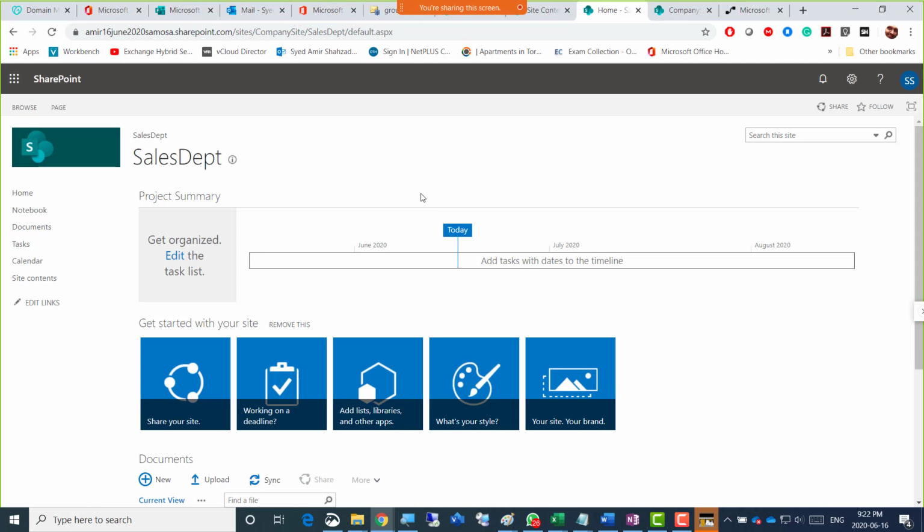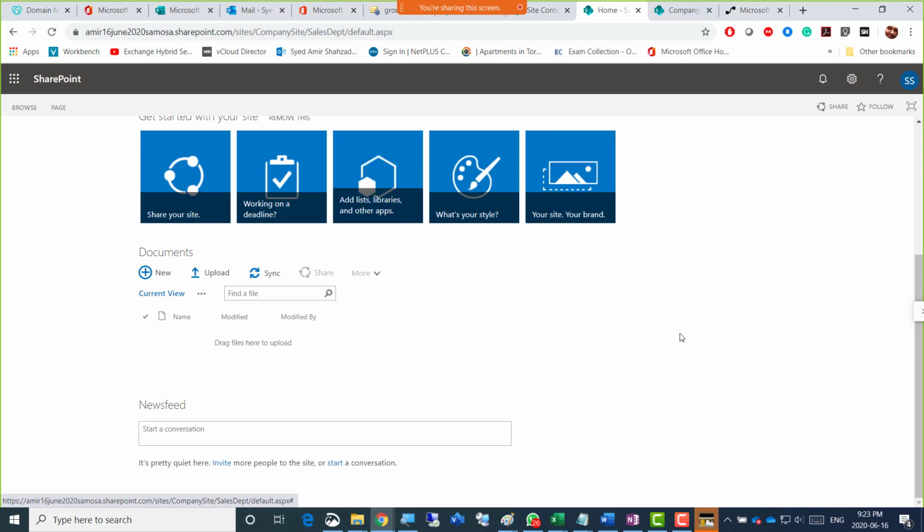Okay, so the template shows like that, and this is the subsite that we have created for the sales department, and you can see that there is a link for this subsite added here. This does mean that if there was another subsite, that link would have been added here as well. Now this is a typical subsite that you would create with all those options there for what you want to do.